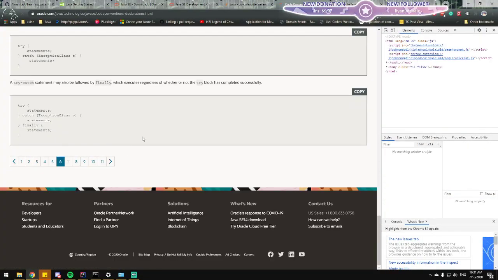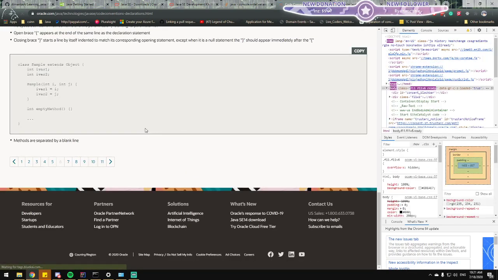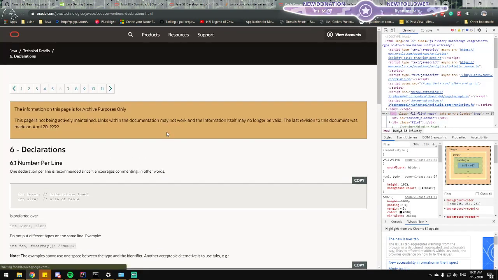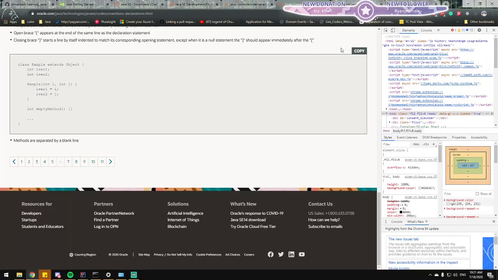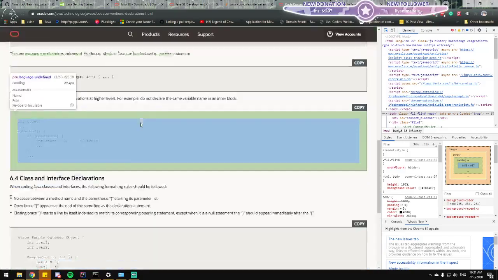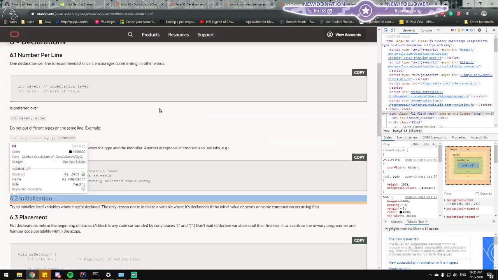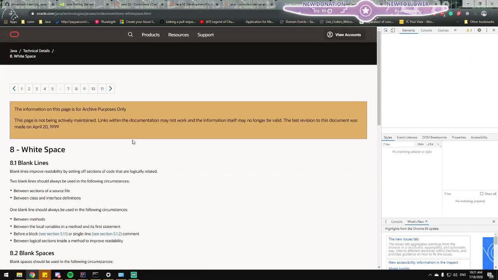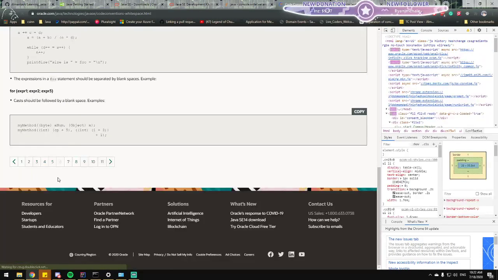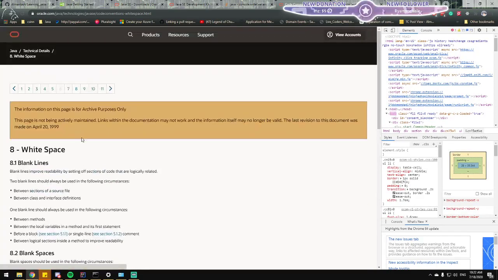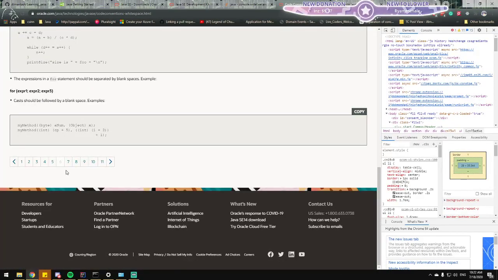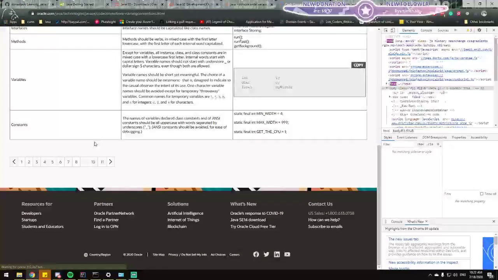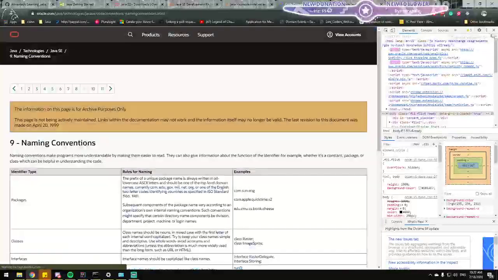What happens if I click page 6 then? It's the same thing. Okay, it's funny that we found a bug in their documentation. Page 6 is declarations. Page 8 is a different thing, but it points to page 6. Okay. Page 9 is pointing to the right place. Okay, so that's the bug.